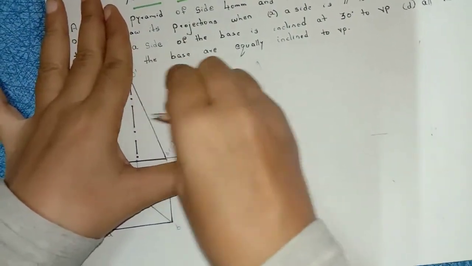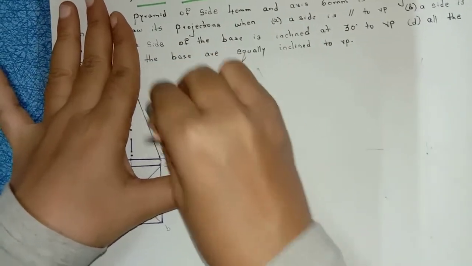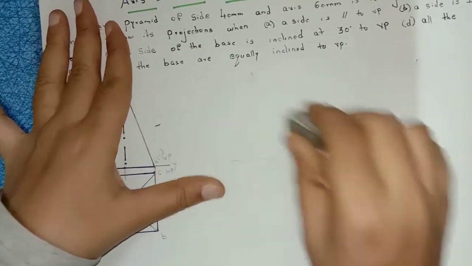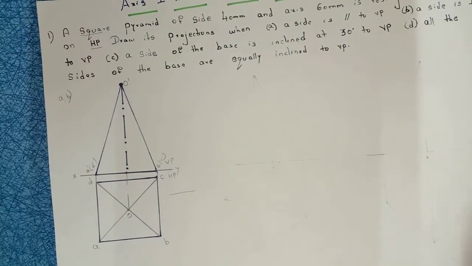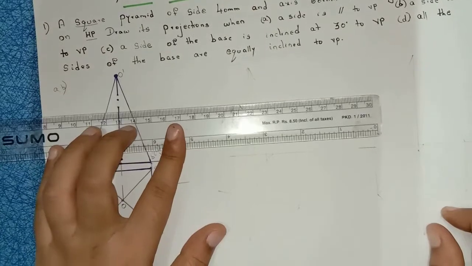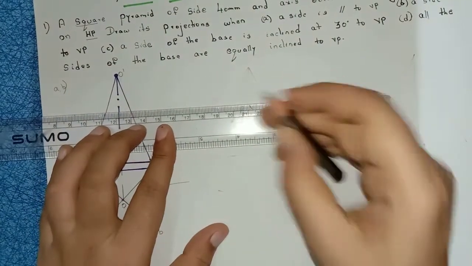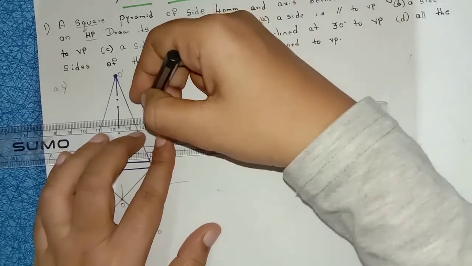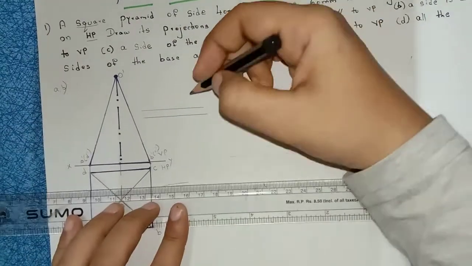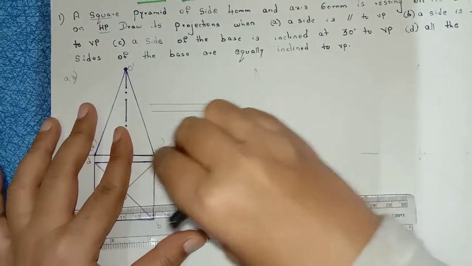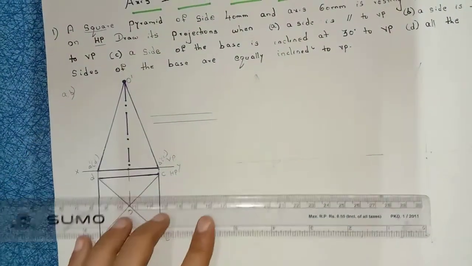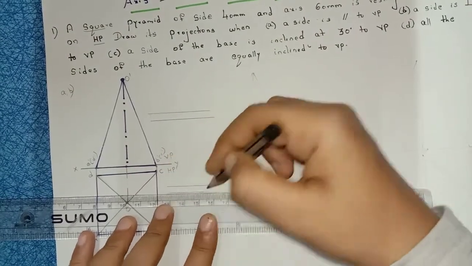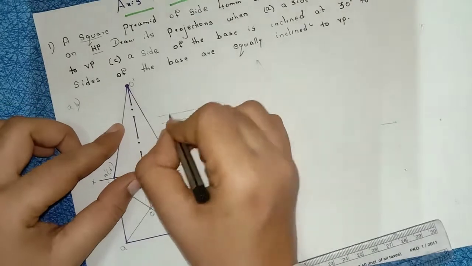Now, the important thing in pyramids is this. When we construct the axis line in prisms, we draw it in a very light manner because in prisms we can't see the axis line. Coming to pyramids, when we see the axis from the top view, we can definitely see the apex part, the vertex part. So whenever you construct the axis line in pyramids, the axis line should be dark. That's why I have drawn it dark here.